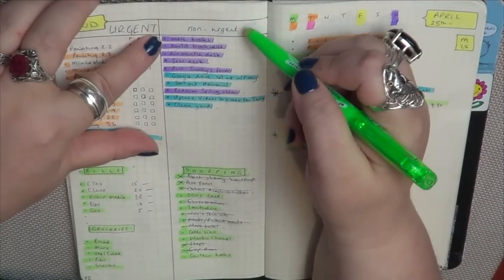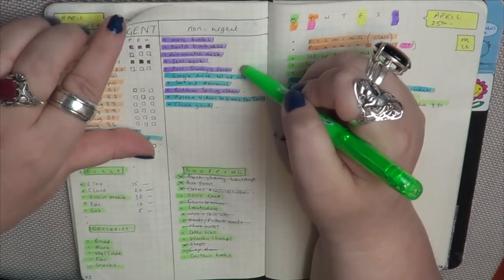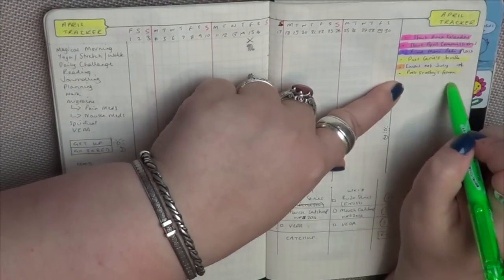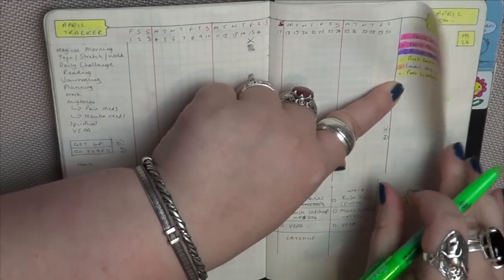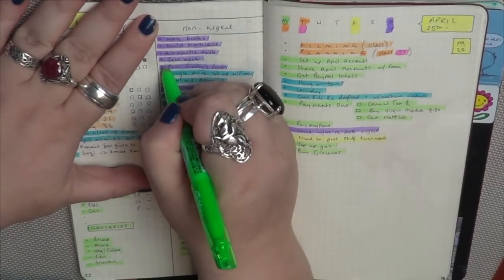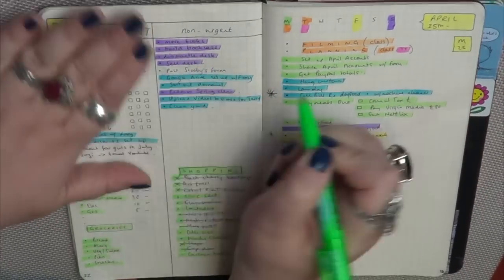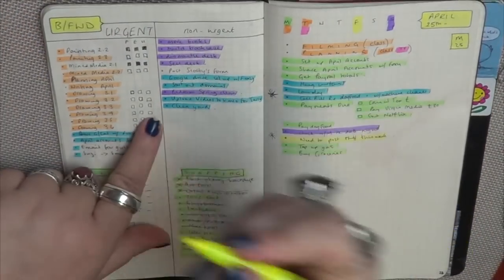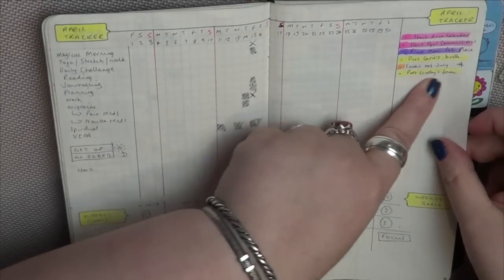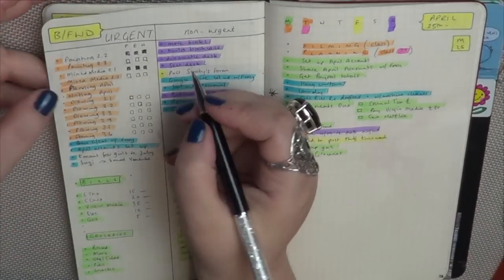So any of this is my non-urgent list, so probably not done any of this that I remember. That one is important and I put it on there because it's something I need to post, and I've already got a list of posts that I need to do there. So I can remove that one because I've put it onto another section, and in fact it was listed as purple originally, but now it's something that I'm going to do when I'm out, so I'm going to mark it in yellow, which is what I've marked it as there. Okay? And because it's scheduled for another day,